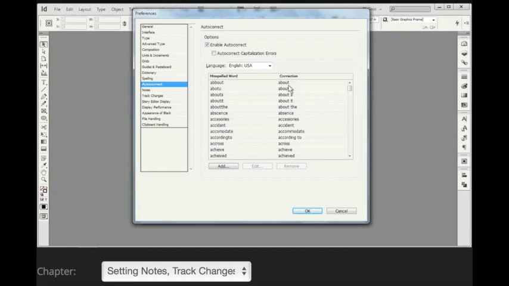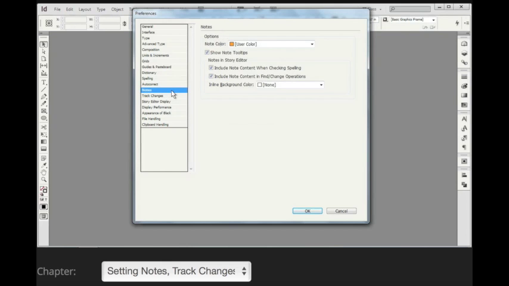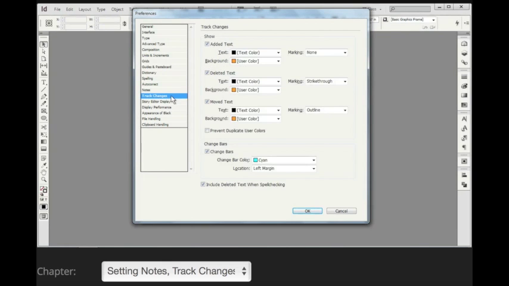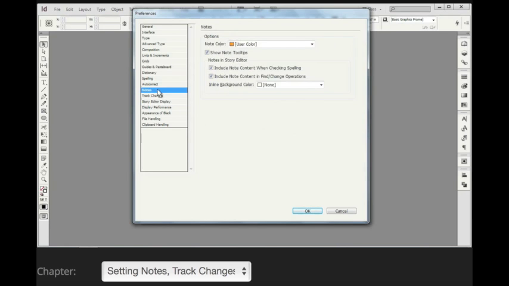In this unit of our InDesign CS6 course, we're going to talk about the Notes layout, the Track Changes layout, and the Story Editor display layout underneath our Preferences dialog box. Let's begin with the Notes layout first. Adobe InDesign CS6 allows you to place notes, kind of an overlay of your InDesign document, using this Notes tool